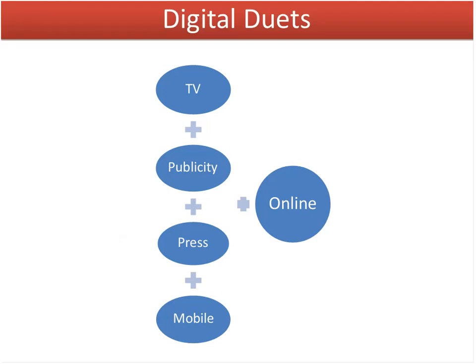So now we come back to our idea of choreography. How do we choreograph the online advertising into our campaign? For us, digital advertising is very much about a sequence or a combination and how those things work together. So we're never doing online in isolation. TV and online work very well together, and I'll talk about how we use TV and YouTube together in the second half. Publicity and online, how they work well together. So how publicity might work with remarketing, for example, how press and online work well together, and how mobile works well.